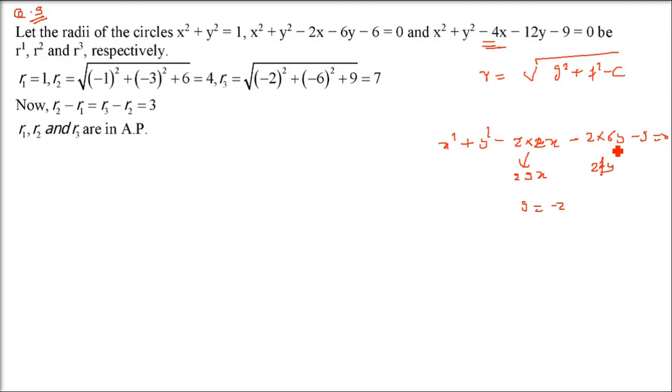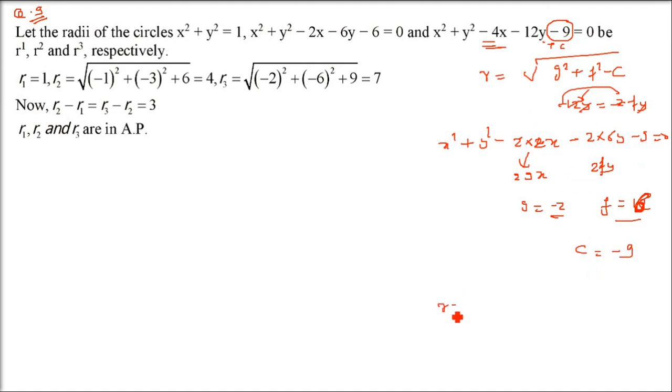You have to find out minus g. Okay, minus g. So what is this, 2fy? Compare it with this. You see, f will come as minus 6, but you need a minus f. So f is 6, and both are negative. So minus g and minus f you need to find out. When you take g as minus 2, f as minus 6, minus g is 2 and minus f is 6.